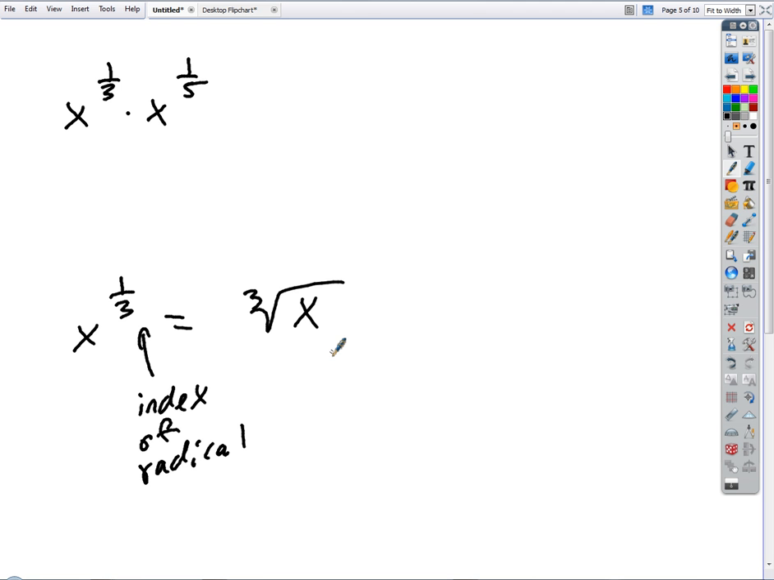And that just tells us the kind of root that we're taking. So x to the 1/3 just means a cube root or a third root of x. X to the 1/5 is just a fifth root. That's all it is if you wanted to write them as radicals. But I would urge you not to write them as radicals, because if we do this product